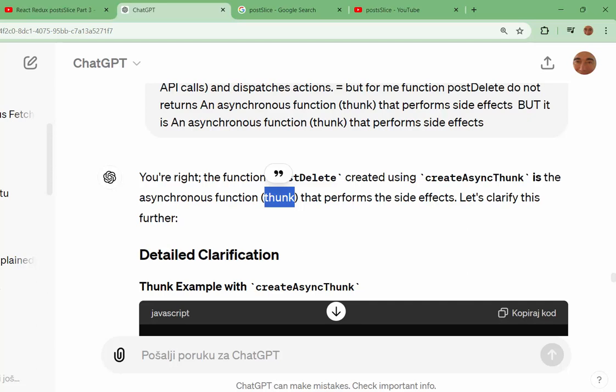It is practically a local state. It is the state of that component.